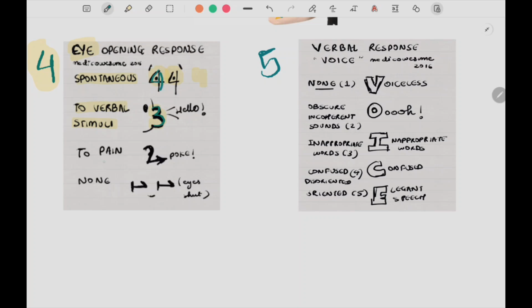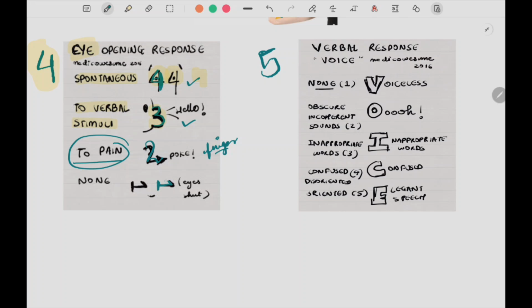देना है. ठीक है. Next what you have to paint. अब आपने grading क्या बनाया? 4, 3, 2 and 1, right? This is what you have made. And every number is telling you the response as well. फोर्थ में spontaneous response होगा, थर्ड में आपका verbal response होगा, मतलब patient will speak something, he'll try to speak something. In 2 what will happen? Only on giving pain or only on poking the person, मतलब उसकी finger को press करने पर या उसे poke करने पर ही सिर्फ response मिलेगा. That is when you give a number or grading as 2.